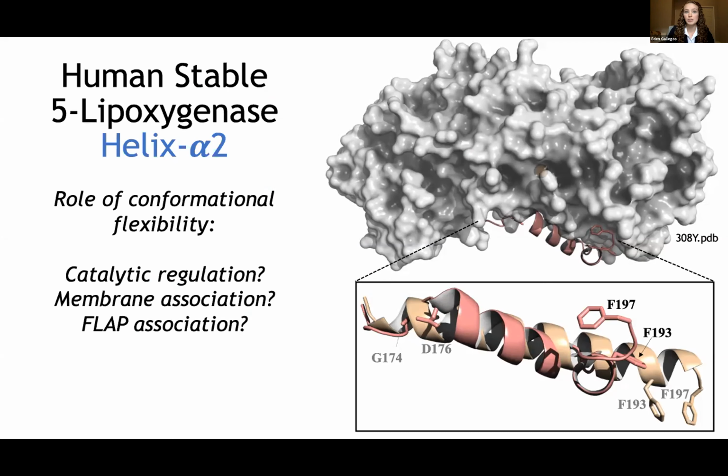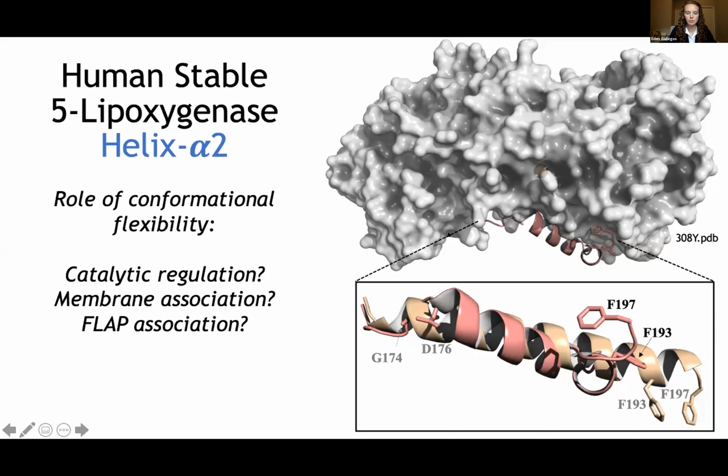5-LOX also associates with a membrane-embedded helper called 5-LOX activating protein, or FLAP. So the conformational change could have a role in that interaction as well. And then lastly, because 5-LOX makes strong inflammatory molecules, it would make sense if a structural change was also involved in catalytic regulation, because by creating that wider pathway into the active site, this elongated helix might allow for a